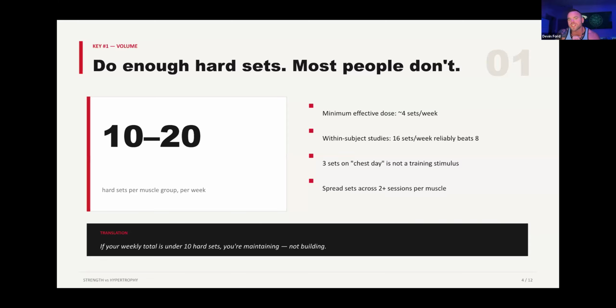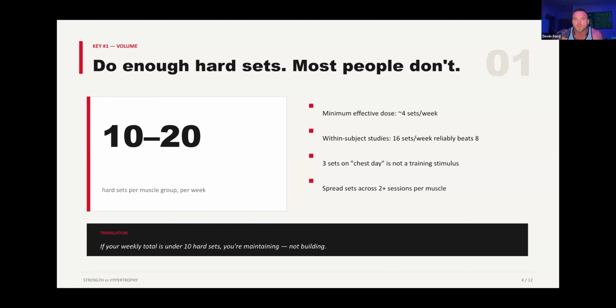We have seen research studies that go 20 to 30 sets per muscle group per week. They do these within-subject studies, which means the same exact person does a 12-week cycle with 10 sets versus the same person doing a cycle of 20 sets. In other words, they're taking interperson variability out of the equation because they have the exact same person do different sets and they measure that person's response in muscle. Okay.